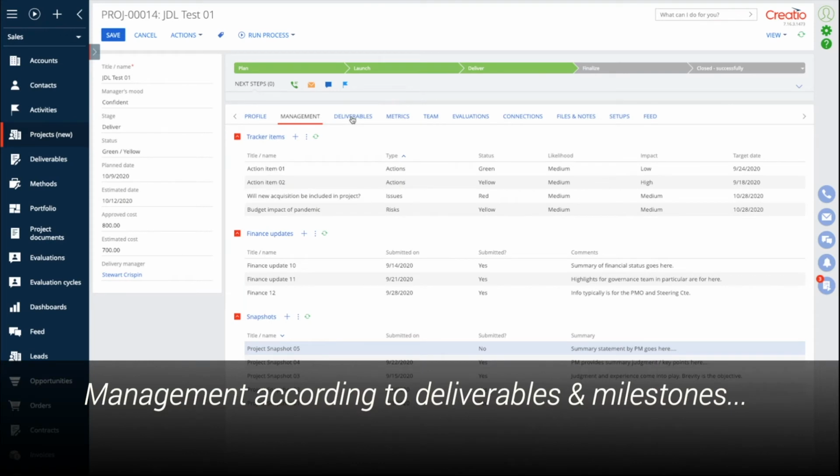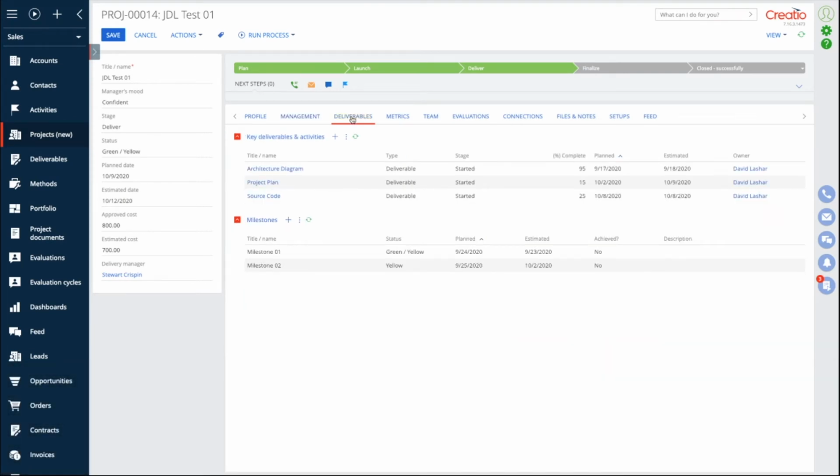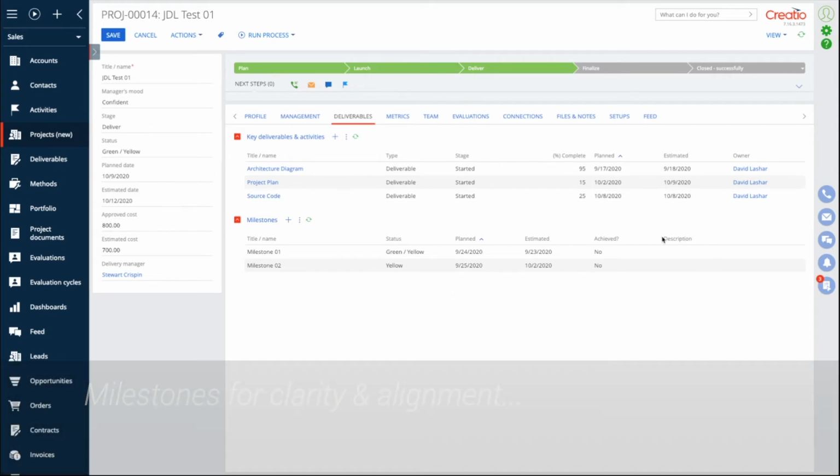Consistent with the focus on strategic management and that which is most important, we define deliverables that might be in the contract that need to be delivered by the team, and key milestones. The milestones that we see here are not tasks, it's not project management. These are the moments that the whole team must know and must hit.